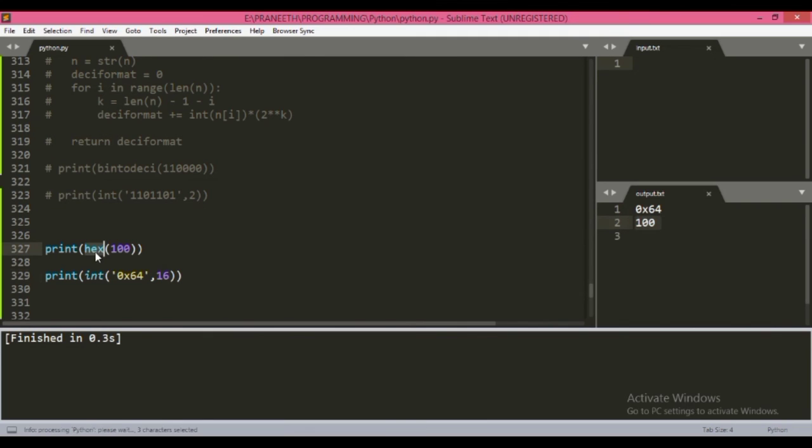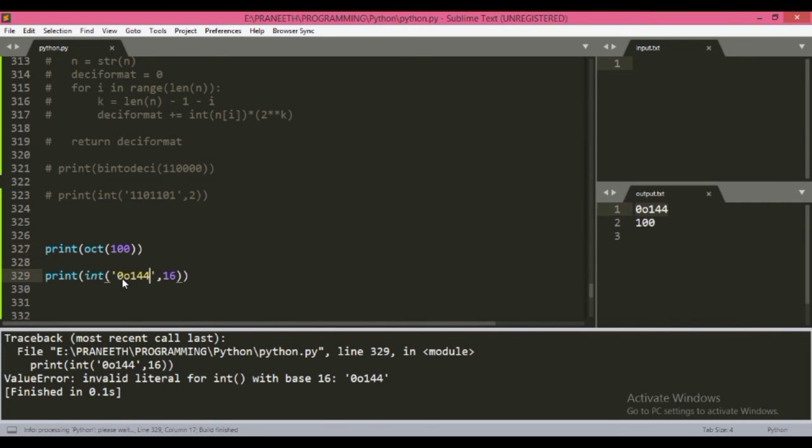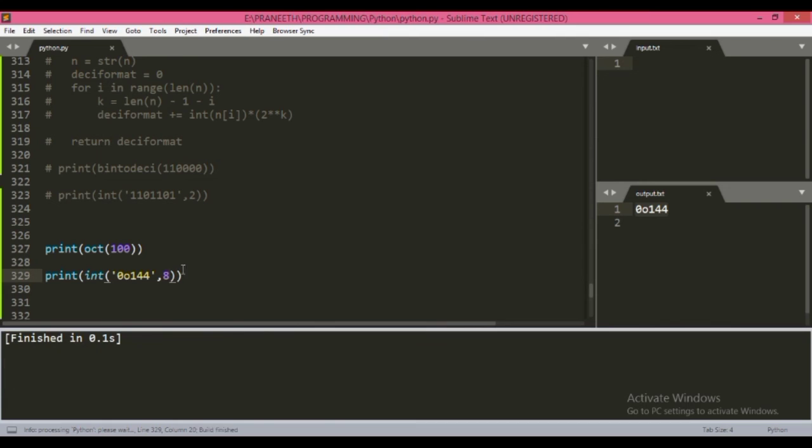Similarly, if we use oct of 100, we get this. So if we remove this, copy this and then paste here, we get an error because we have not changed the base. So octal it's 8. So here you got 100 again.